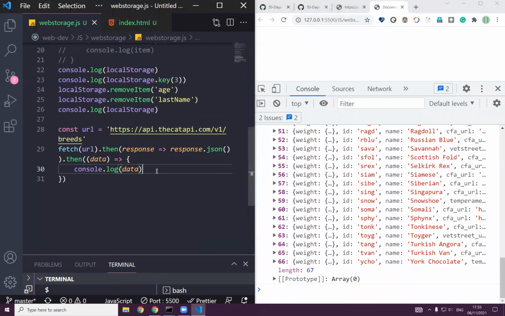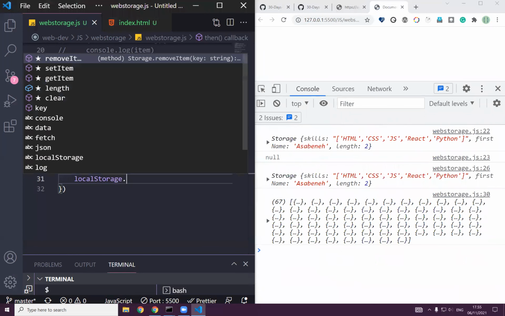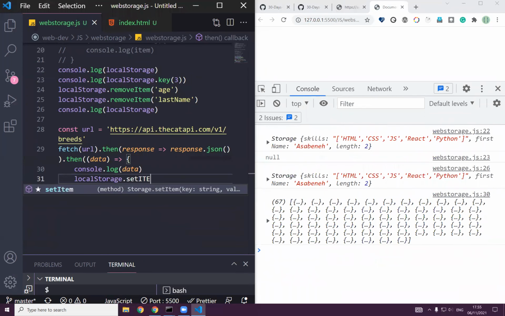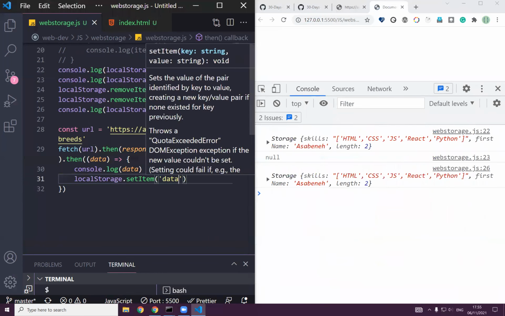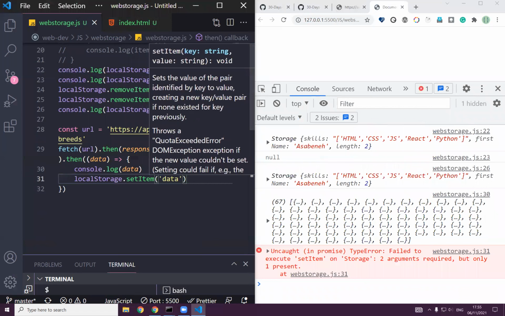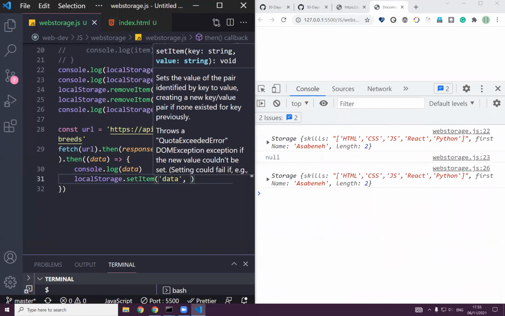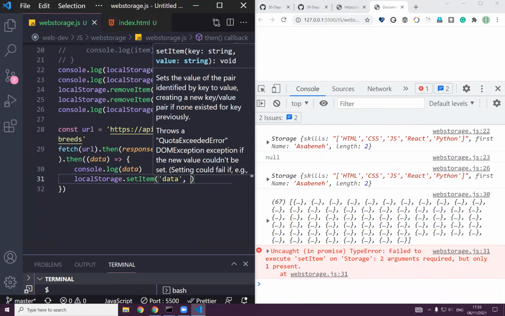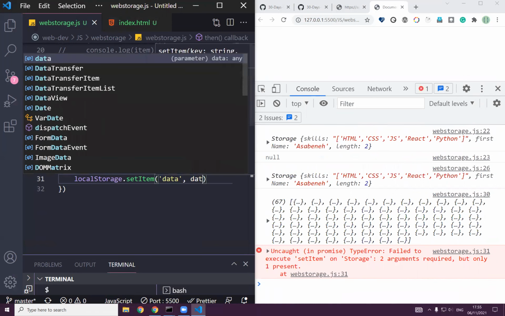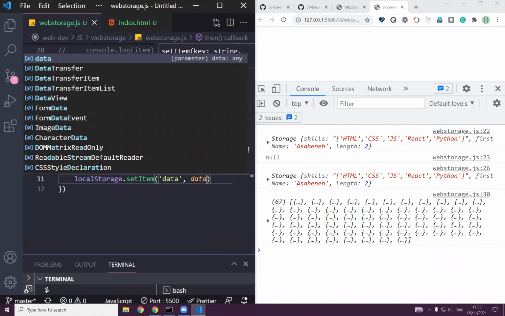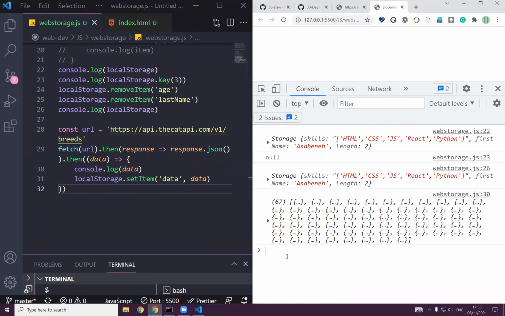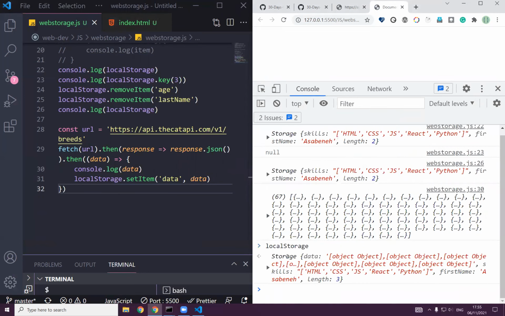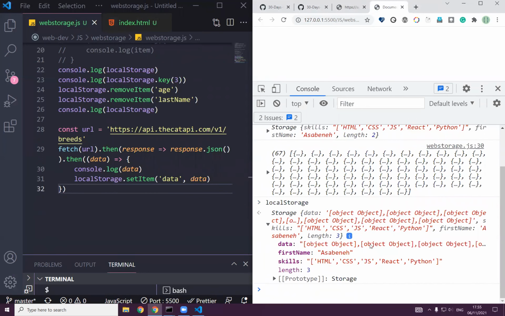Well, if I want to store this data in the local storage, localStorage.setItem, and I can call it data, and then store that data. Now if I just write localStorage, the story might be different, as you can see. But the problem is